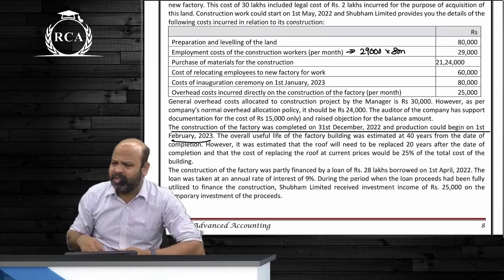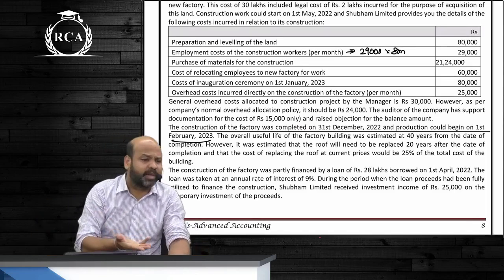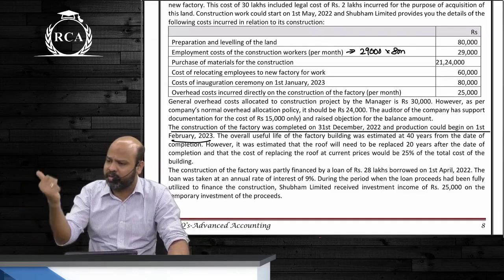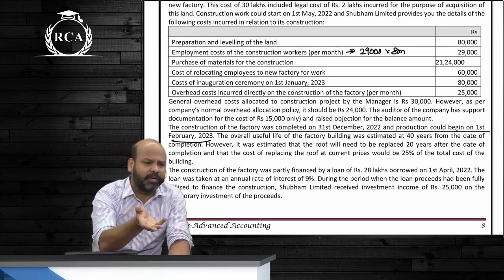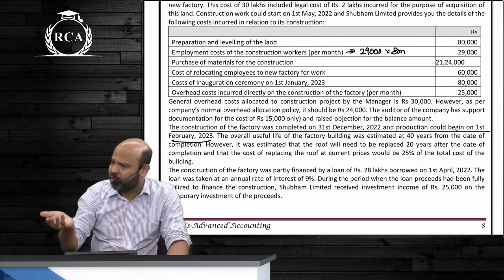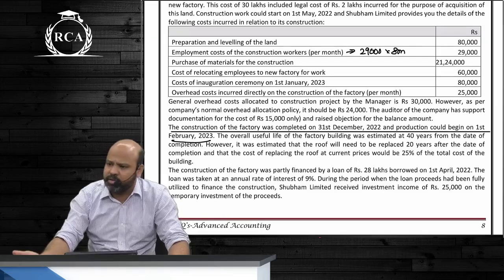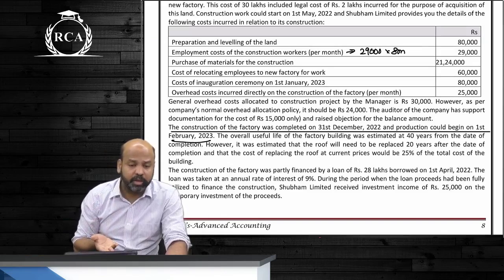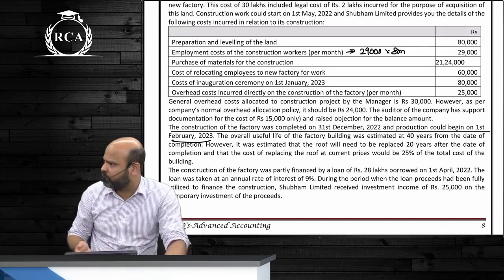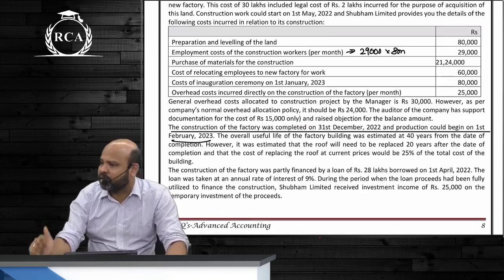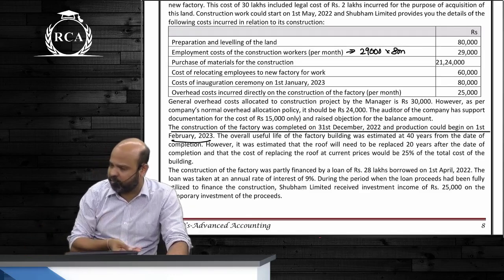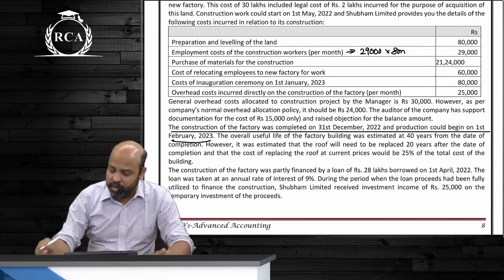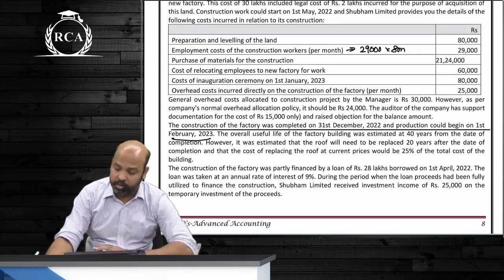Not necessary, beta. Expenses that should be added should only include direct expenses. They can also be indirect expenses that can be attributed on a reasonable basis. The ones who are writing exams in May 25, you're done with costing, guys. Don't overheads exist in the costing of a product? Undoubtedly yes, beta. Overheads means indirect expenses. Where did he say these are admin overheads? Did he give that these are admin expenses? If they are admin expenses, we do not include. If the normal overheads as such guys are related to the factory, and directly on construction of the factory, what will you do with it? Add it. Don't say no to everything.